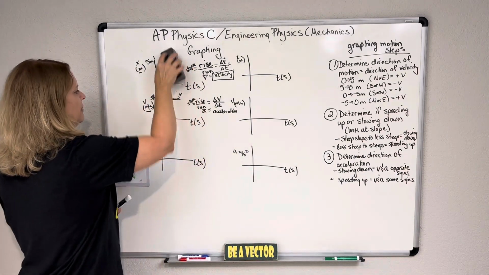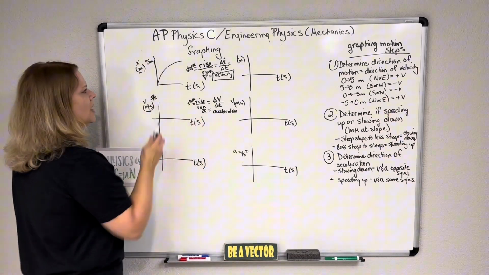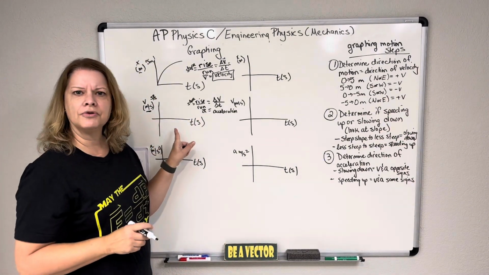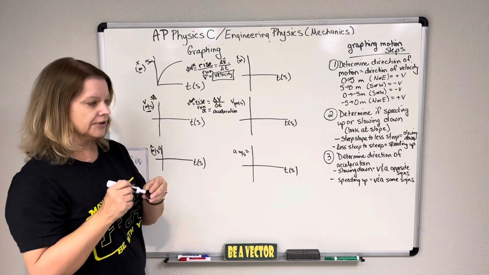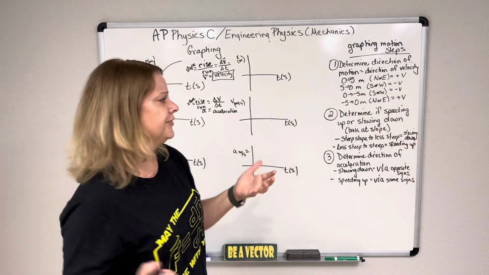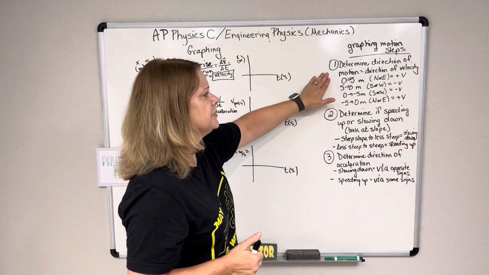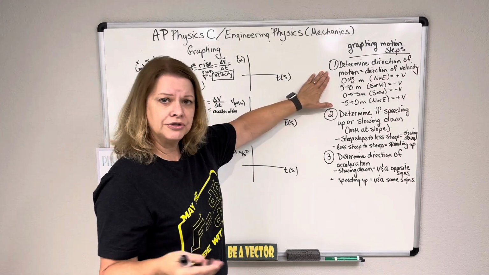We're going to get started back to, I have this curved line on my position time. And I want to translate that for my velocity time and my acceleration time. What does that look like on these two graphs? There's going to be 3 rules, or 3 steps, we should say, in order to figure that out. First step is you're going to determine the direction of motion, which is also going to equal the direction of